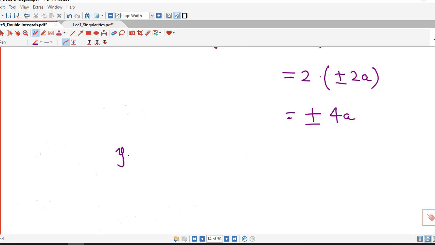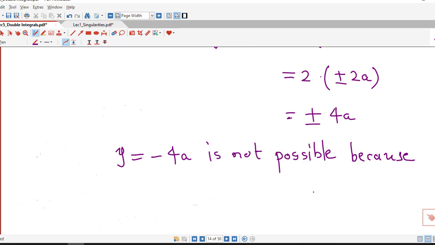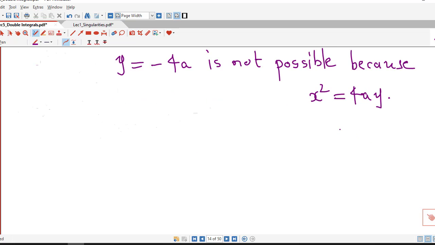So here we can write y equal to minus 4a is not possible because of this curve x square equal to 4a y. So this will become negative if we consider y equal to minus 4a. So therefore